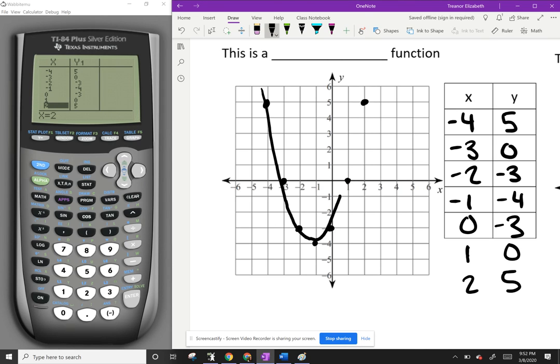Don't forget to put your arrows at the end. And now you should be able to identify this as a quadratic function. And remember, you can always